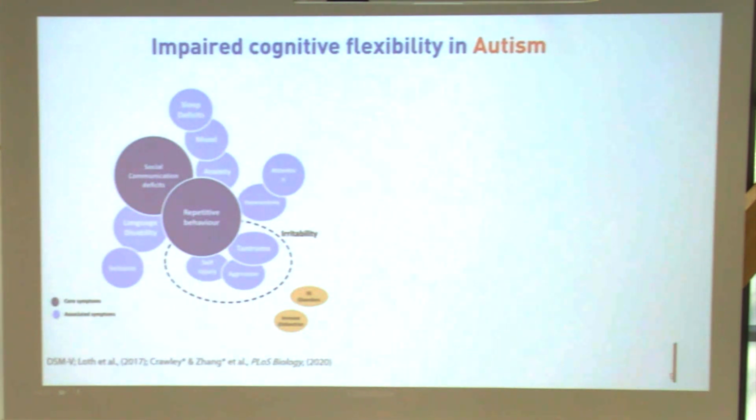Usually from the media or maybe from your classic textbook, we talk about the social communication deficits in autism. But actually, another one, which is also quite major, is the repetitive behavior. So we are focusing on the repetitive behavior here. In our example, we are focusing on that because this one is related to our central measurement, flexible behavior. Because if they have repetitive restricted behavior, they might not be so flexible, right? So this is the idea, the rationale.